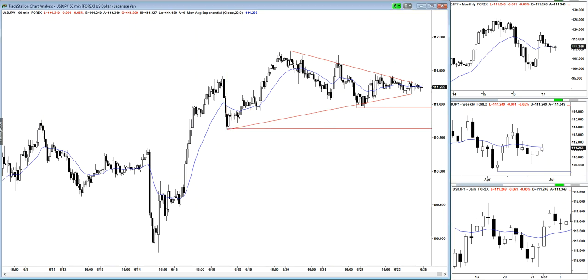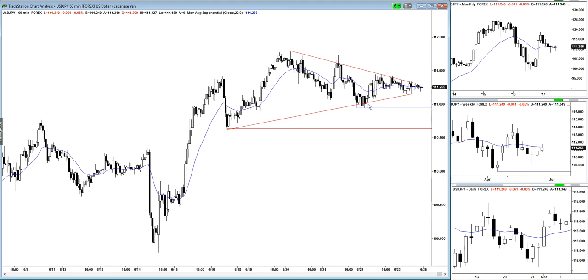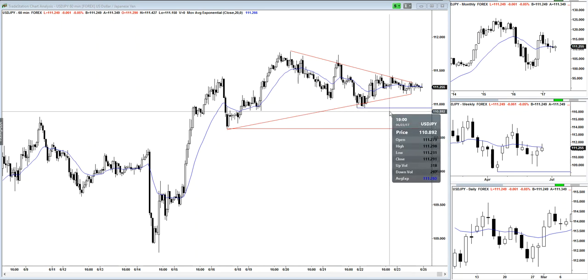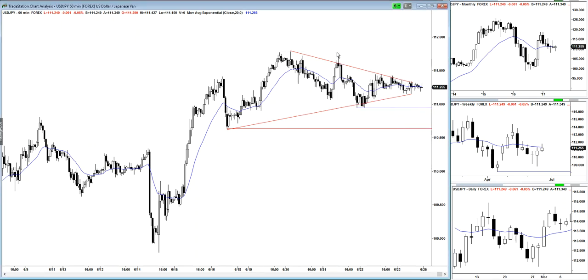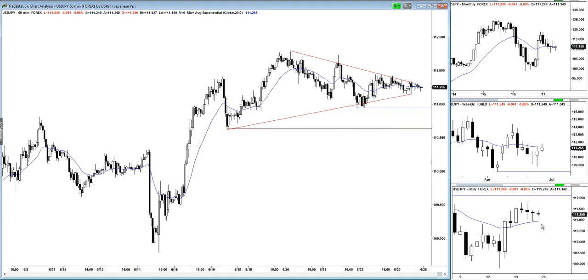Higher lows, higher lows. So I think at some point we'll fall below this low. The reason I say that, now, yeah, I don't know. I think the odds favor us falling below this low before we get up to here. I could be wrong. And the only reason I say that is because